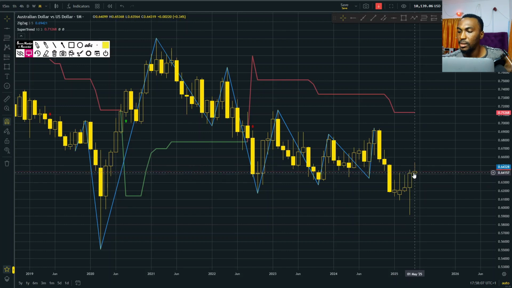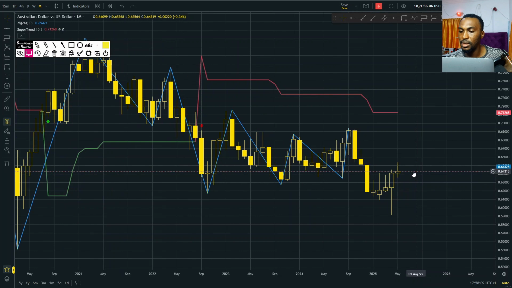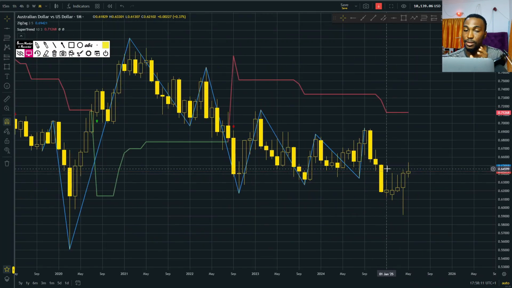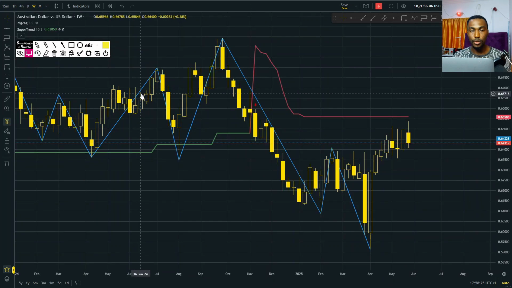But what we're seeing here is there's a possible chance that the Australian dollar and the US dollar have very close marking recently. Like the rate of growth for both of them has been quite close to each other, or the rate of decline of both of them, right? Now, since we do not have a monthly contest, let's go down to the weekly.